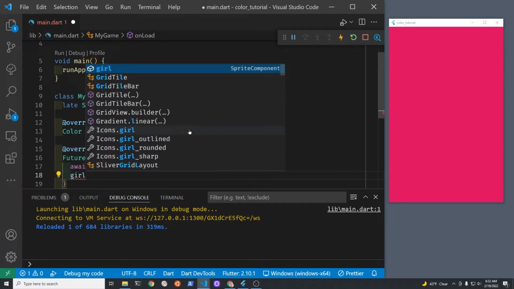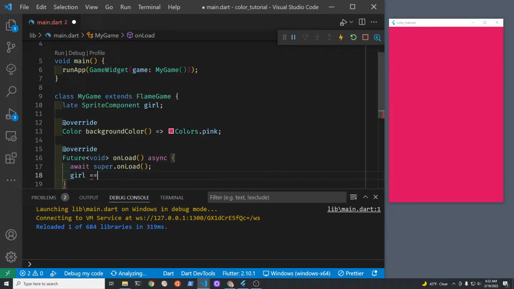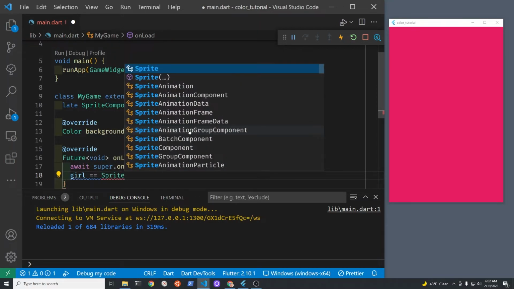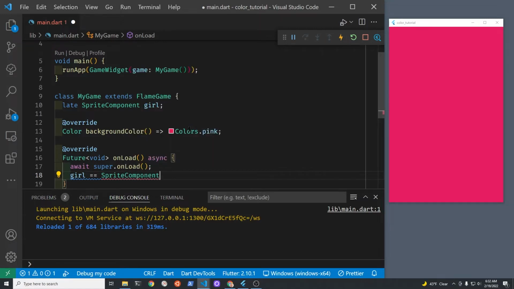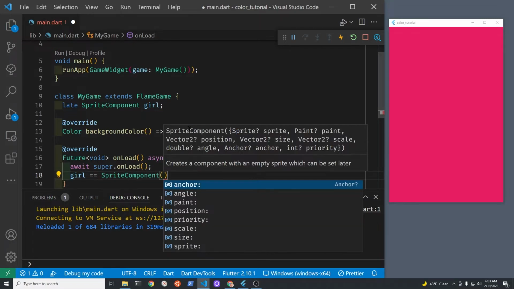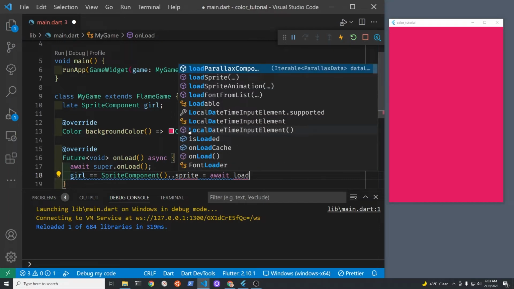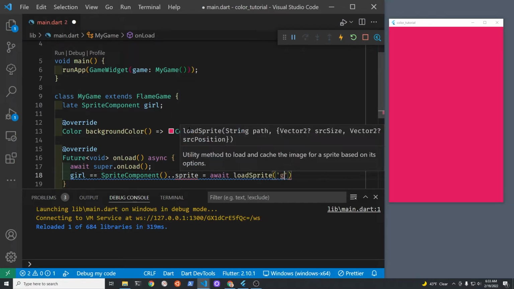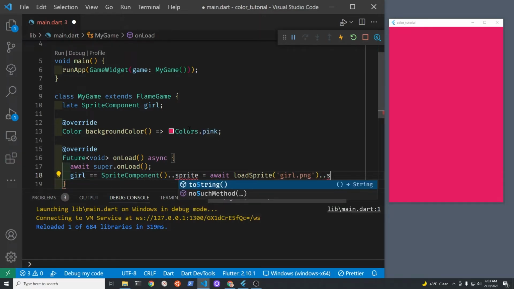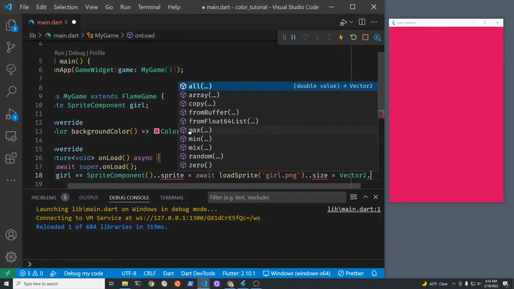So the syntax is girl, which is the name of the variable that we just declared, and it's not supposed to be two equal signs. It's supposed to be only one. That's a typo there on my screen. Don't make the same error. And then we specify the sprite. So we're going to have to load the sprite. And because it's going to take some time to load from disk, we're going to use await to wait for the sprite to load, and then specify the name of the file that we just added into our assets images